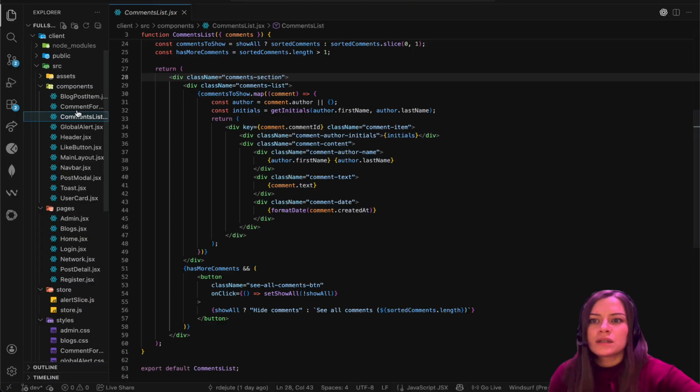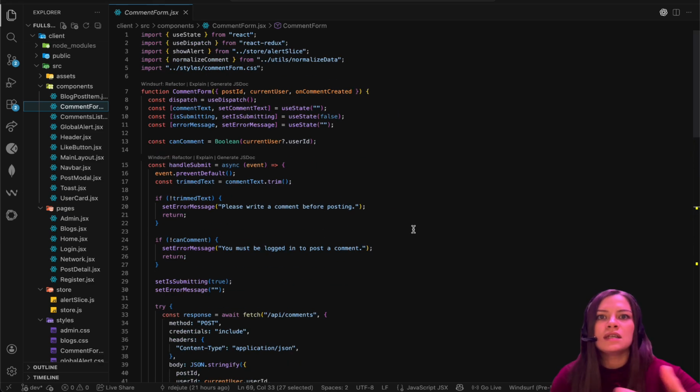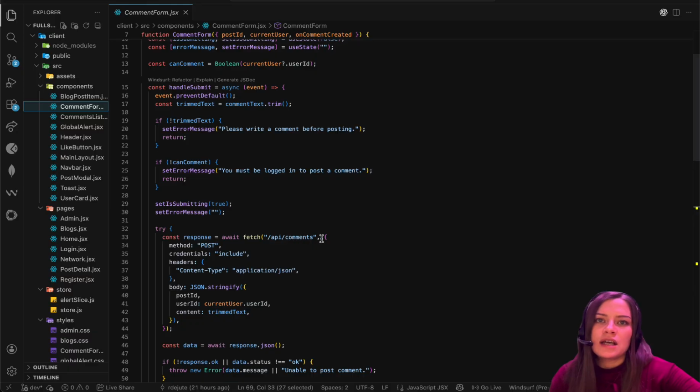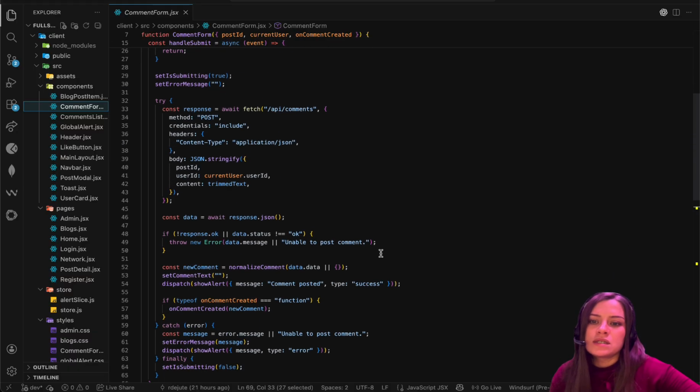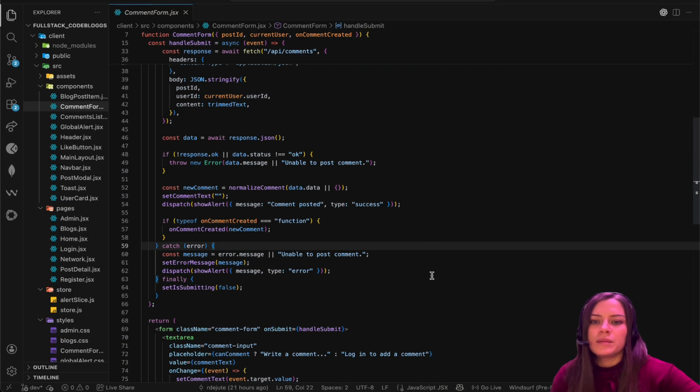Pretty straightforward. Now let's look at the comment form.jsx. This is where the users actually type the comments. It's the input field. When they submit, we send a post request to API/comments. If it succeeds, then we dispatch a Redux alert, as you can see, this dispatch show alert. We clear the form, and then we call the on comment created callback. That callback is passed down from comment list, and it triggers a refetch of the comments,